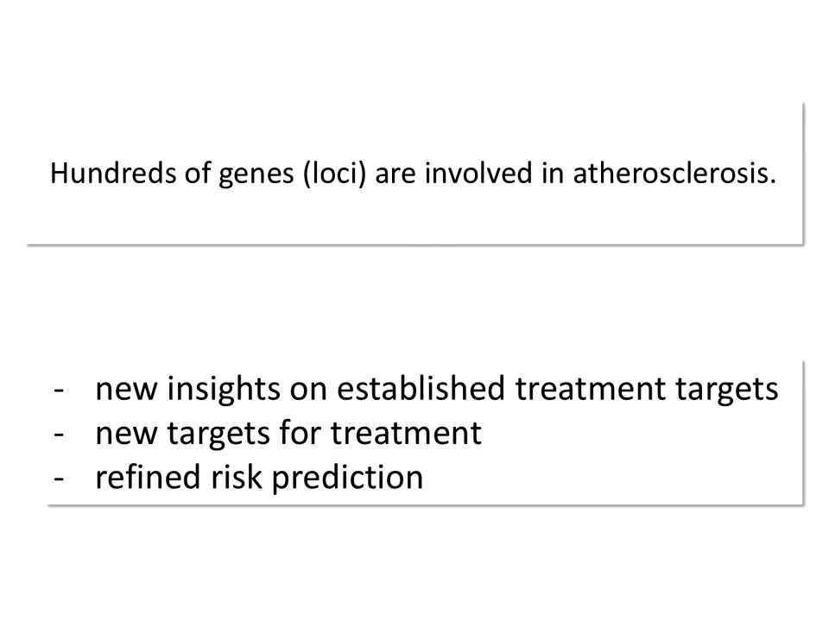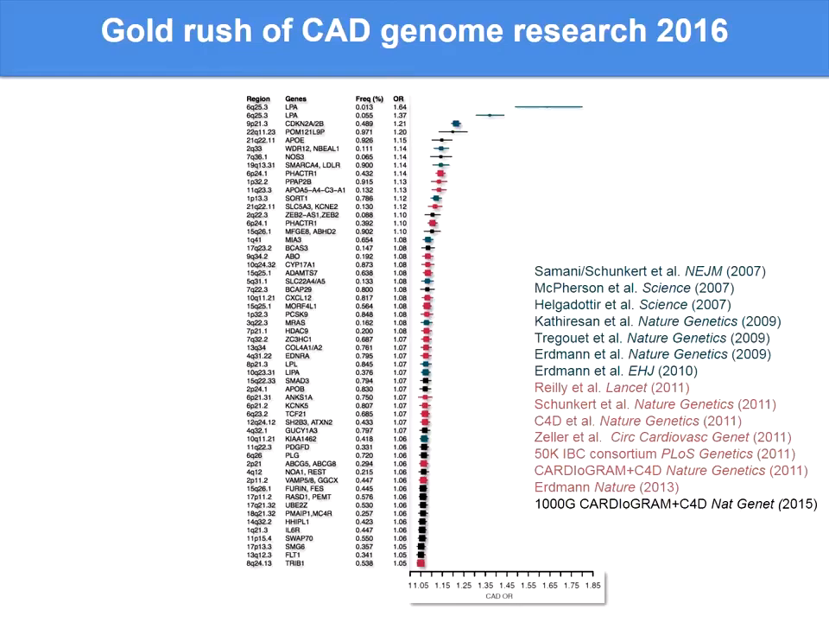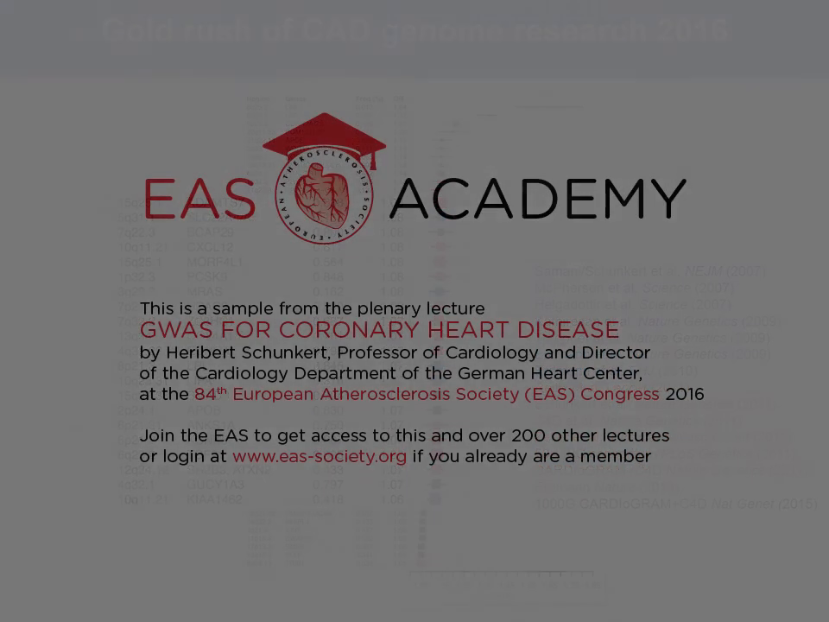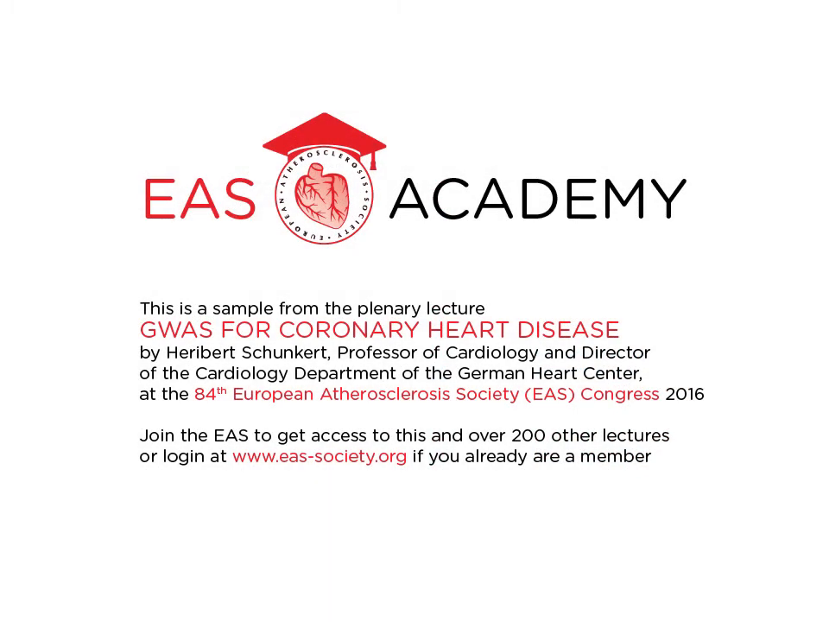So what do we learn from this in addition? I guess we can find new insights on established treatment targets. We may identify new targets for treatment, and we may refine risk prediction. Now, for this, I guess we have to have a closer look on these loci. And one thing that we can see, fortunately for us, that the odds ratio that comes with the risk alleles is fairly small. But remember, there are many of these risk alleles, and the